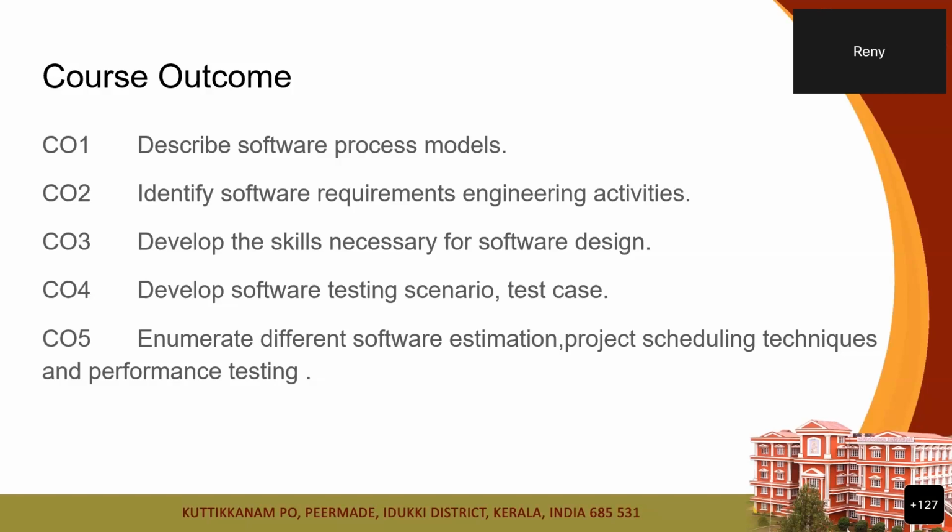The first outcome is that we discuss the different process models, both the classical process models and the agile process models. The second is to identify the software requirement engineering activities. There we cover how requirements are gathered, and the difference between functional requirements and non-functional requirements. And the third course outcome deals with the development of skills necessary for